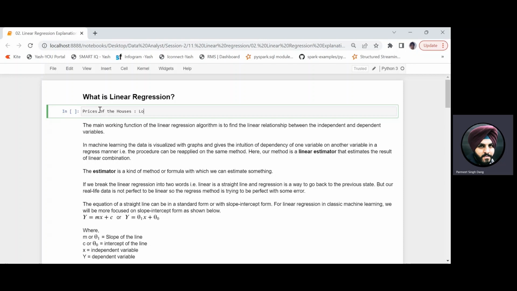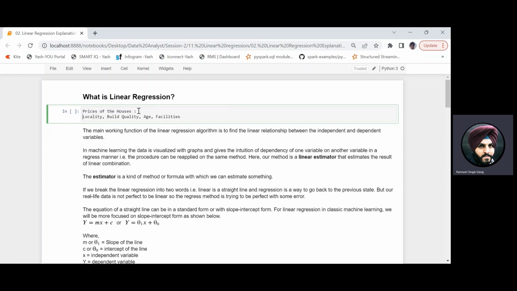There could be a locality. One of the parameters could be the locality, the build quality of the house. It could also have the age of the house, right? And there could be facilities in the house. Now if I talk about the prices of the houses, this is nothing but it is known as the